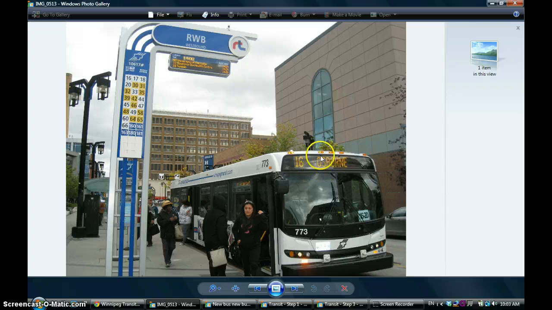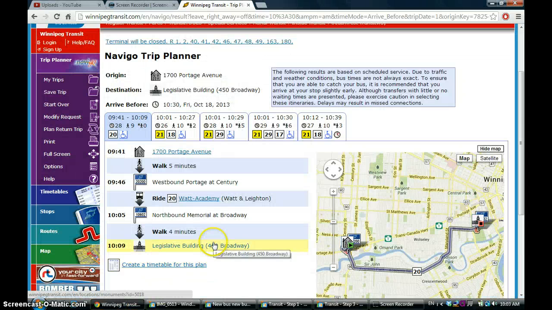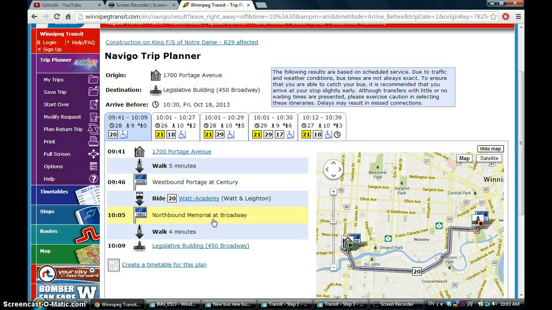And this is a digital sign. It will flip over then to give you the specific route on the number 16 that it is, just to confirm that you're on the right one. Now it then tells you that at 10:05, that's when you should arrive at your bus stop where you're going to get off, and it gives you again that bus stop number that you can check on the street sign,